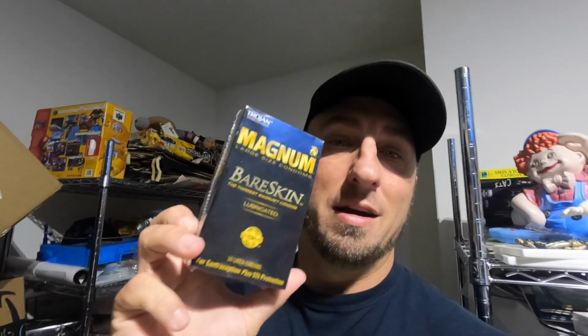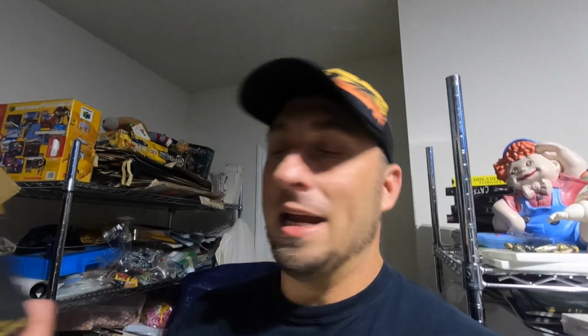Oh man, so you bought a lot of these Bearskin condoms, the Magnum condoms. Okay, I actually picked these up at a local flea market. A guy bought a storage unit, and I got 38 boxes for 45 bucks. So I have a little over $1 into each one of these. And they come with 10 condoms per box. So I thought he actually purchased 2 boxes for $16.99. And when I looked at it, it said